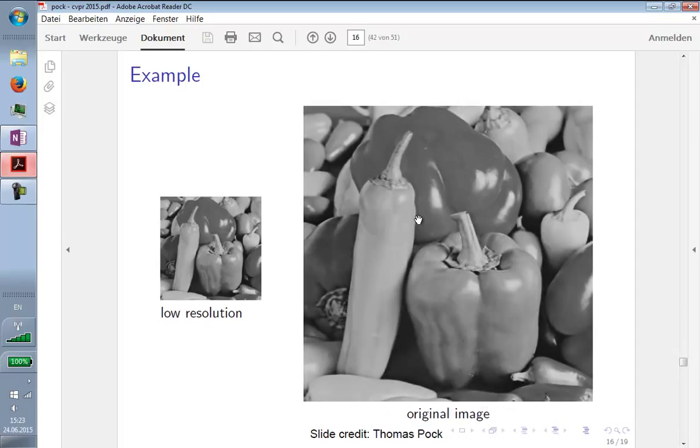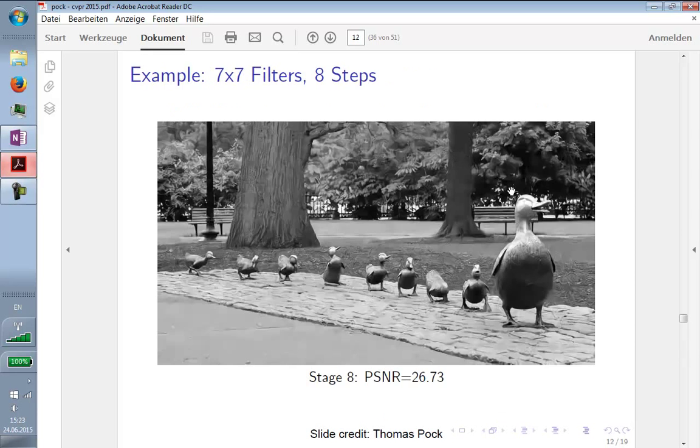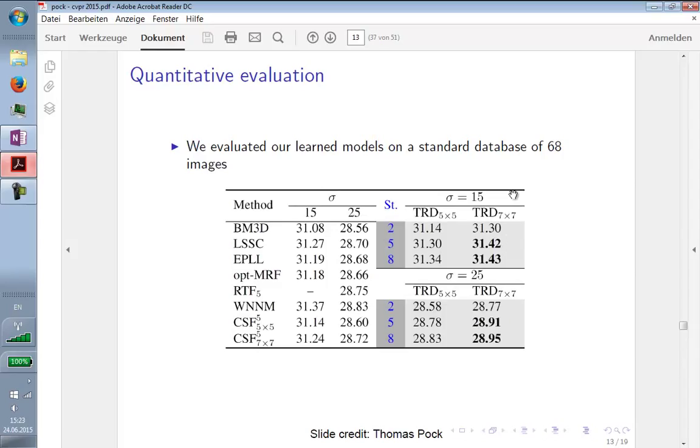Now, if you compare it to the original, there's of course a minor difference, but some of the high-frequency texture must get lost in the downsampling process, and this cannot be recovered. But compared to the linear interpolation, this is really very, very good. And as I said, in terms of image denoising, it's now better than anything that has been known before,